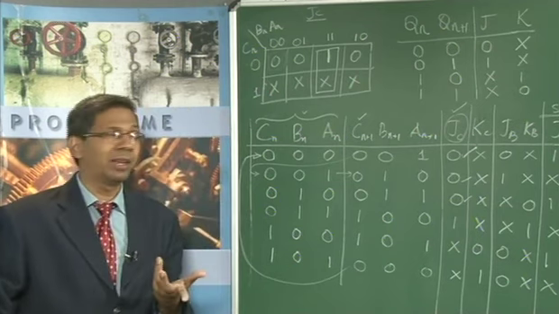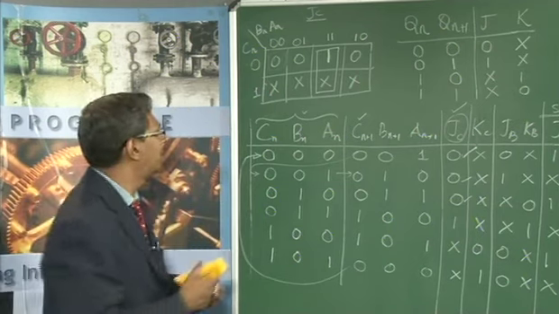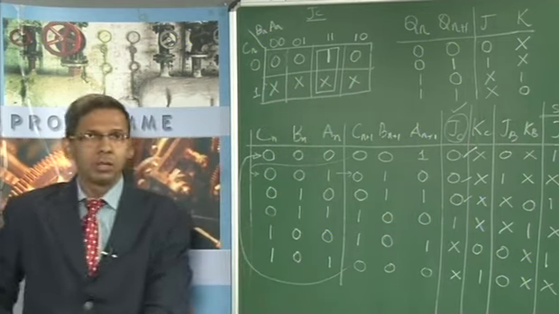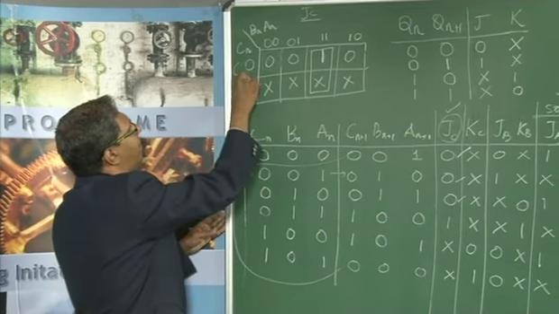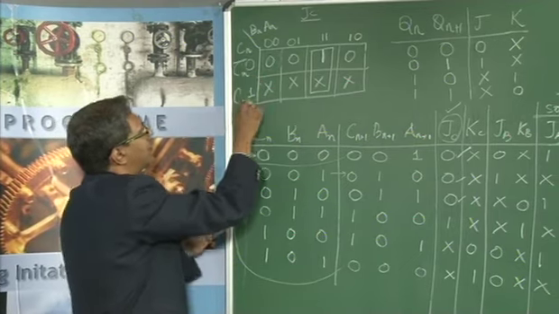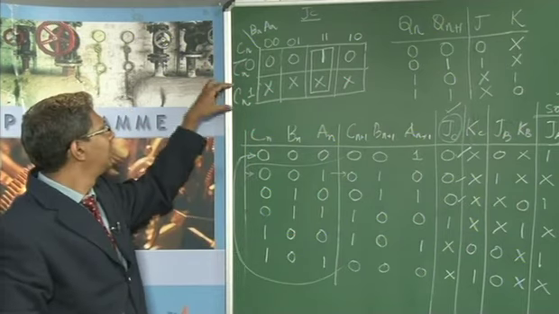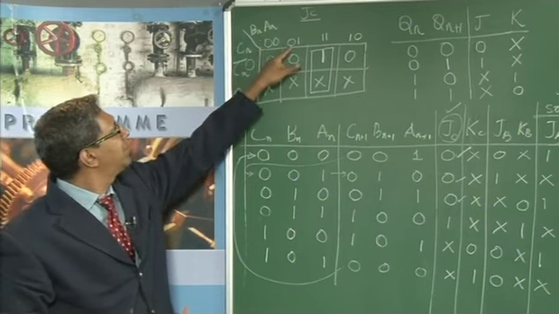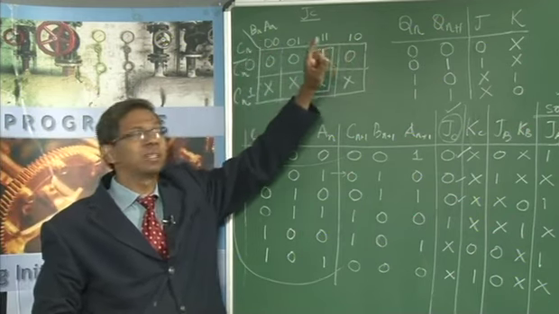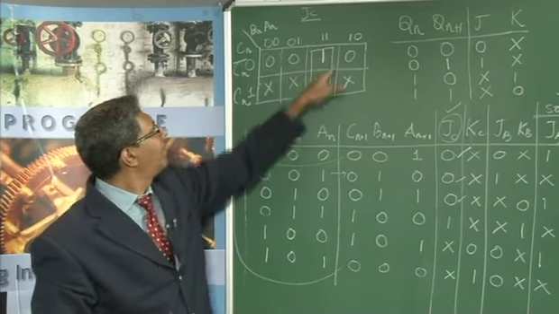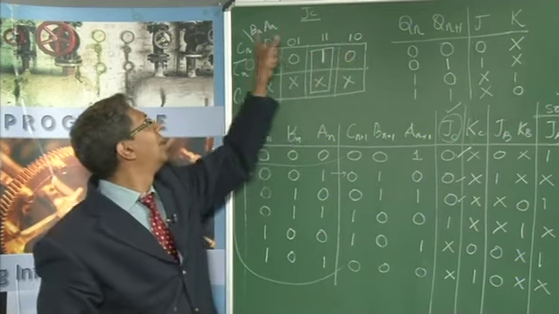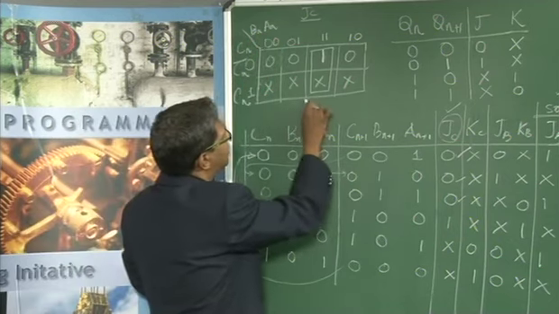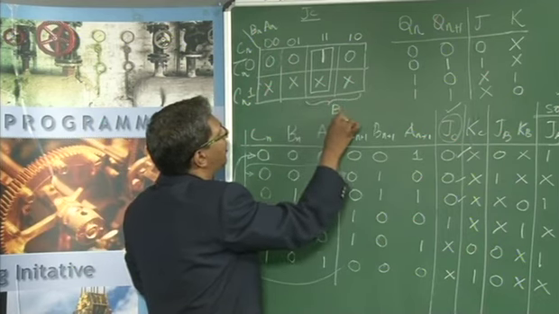Now, what is that variable? Again, I will tell you another simple way in which you can do this. Normally we write this as Cn bar and Cn. 0 stands for Cn bar and 1 stands for Cn. Now, wherever the second term is 1, in this column and in this column, that corresponds to your second variable B. So I will mark these two columns as those belonging to Bn.